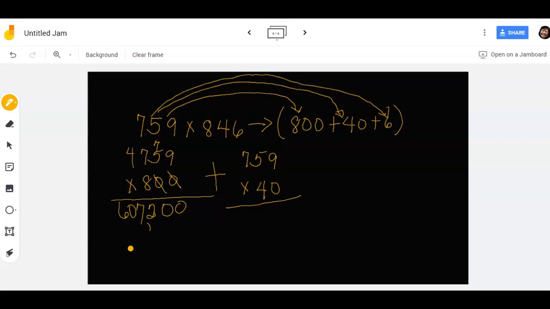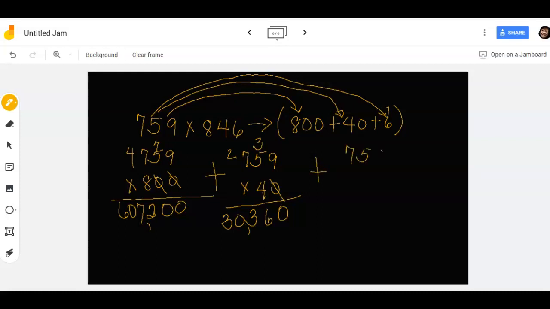40 ends in zero, so I am going to cancel out this 0 here and write it in my product. And 4 times 9 is 36, so 6 carry 3. 4 times 5 is 20, plus 3 is 23. Carry 2. 4 times 7 is 28, plus 2 is 30. My second partial product is 30,360, plus